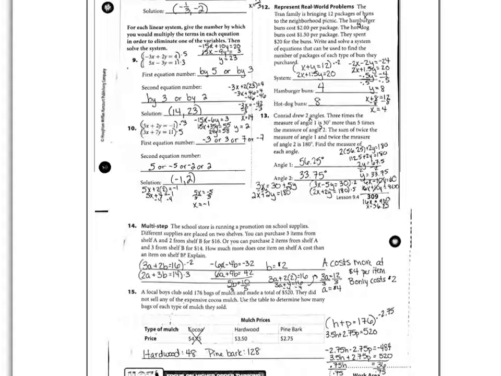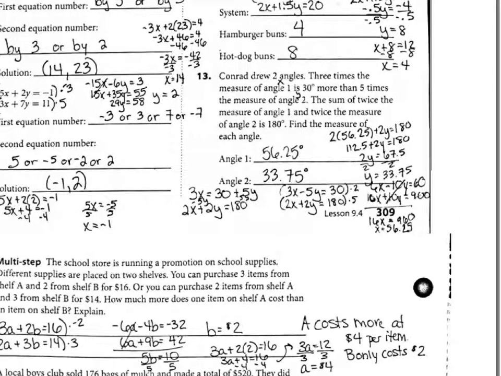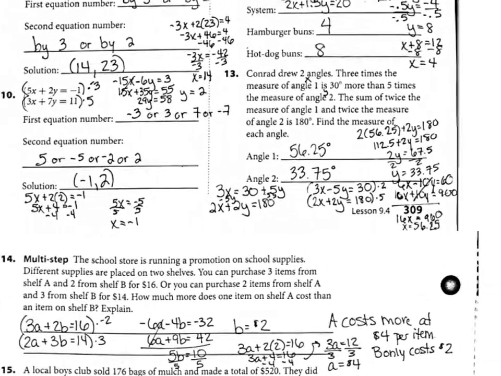So once I lined them up, which is right here, I noticed that it would be easy to eliminate my y's since they are already opposites. It would just be a matter of making them the same number. And that's this process